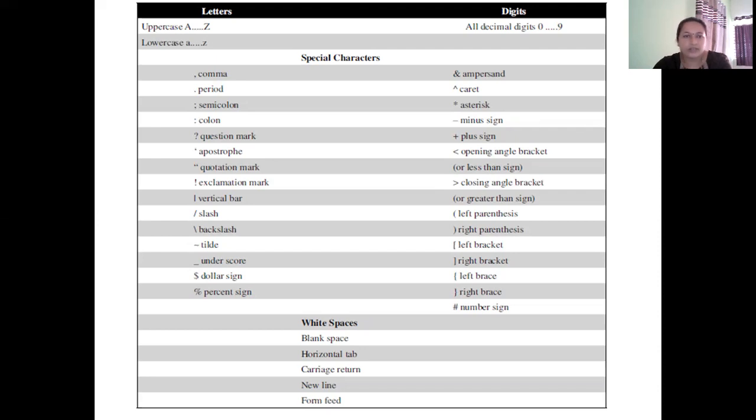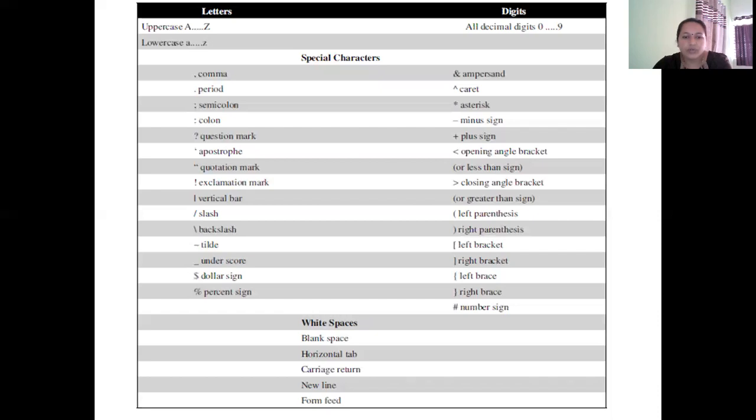Some special characters are comma, full stop, colon, semicolon, apostrophe, tilde, slash, brackets, square, curved or flower brackets for that matter, angular brackets also, and plus, minus, slash, star, so on for arithmetic operations. All these are called as special characters.